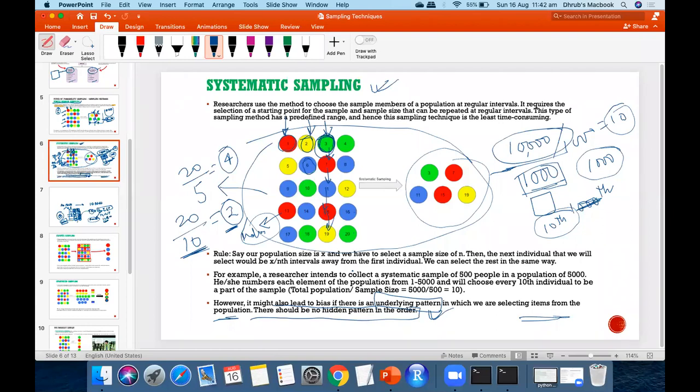Okay, so I am assuming that the population is mixed in a way that all the things are put together. For example, these are not sorted on the basis of economic condition. I'm assuming that all the kinds, creeds, male, female, all these things are mixed in a way that there are no clusters of the people. You understand what I'm trying to say? Yes, got it now. Okay.